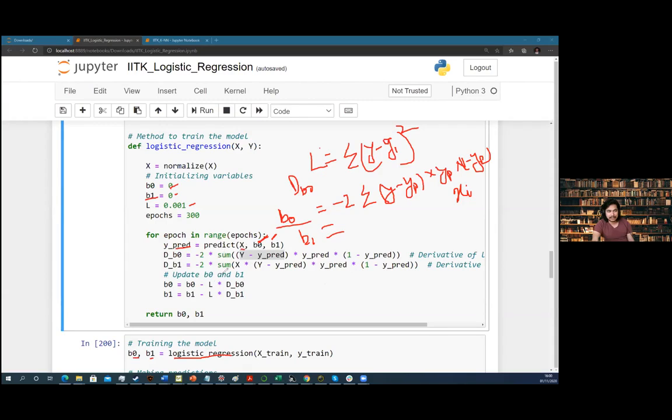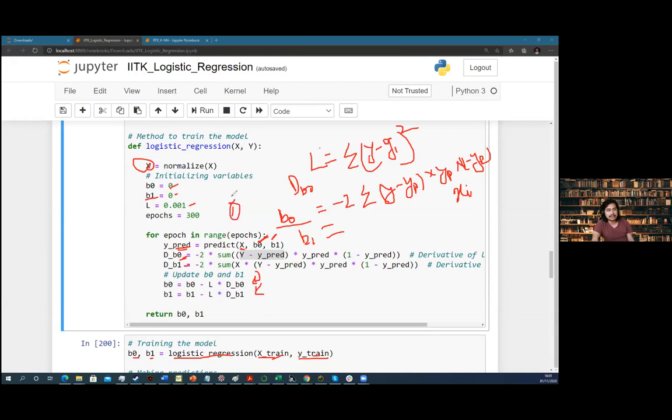you will have this one with respect to X. You will predict with some prediction, which is here. Your X is given here as X train and Y train. X train is your data, the Y train is your label. X is your normalized data. You did some prediction, which can be a wrong prediction. It's a random model, let's say trained with just noise, you have some prediction. Now you calculate this B0 and B1, and then you are updating them. And this is when your training starts. It will happen for all the epochs.